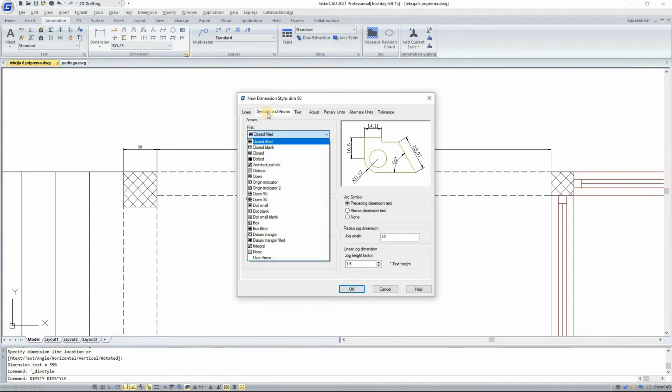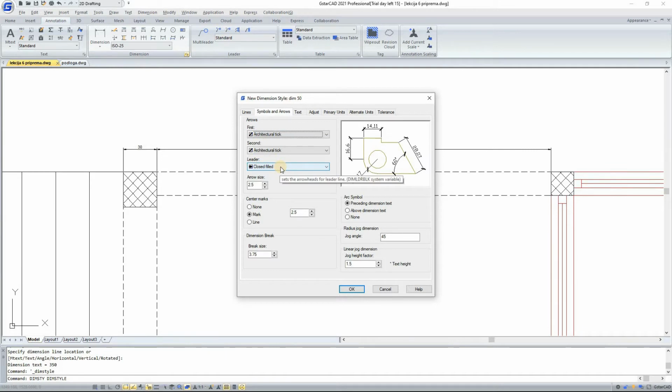I'm in the field of civil engineering and architecture, so we usually use this architectural tick. Mechanical engineers usually use closed filled arrow or whatever you want. You have a really big choice that you can use here. We are going to go to architectural tick,